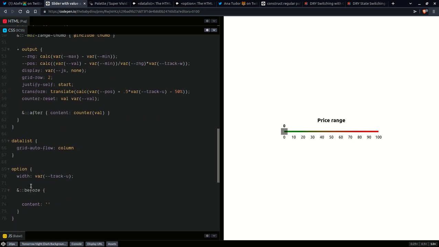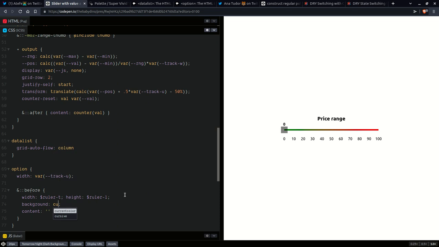Okay, so we're going to use those for the dimensions. So ruler line thickness, and for the height, so that's going to be the length, and we're going to set background current color, and you see those lines,